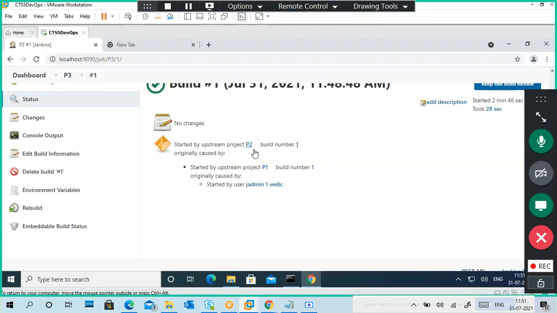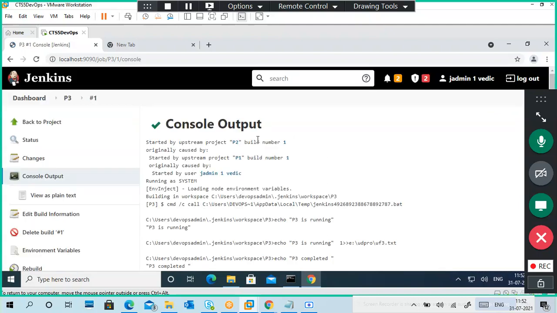You can see here it is started by upstream project 2, which is originally caused by upstream project P1, originally started by user. So first P1 is done, then P2 is triggered and P2 is done, it triggers P3. So you can build things in a separate project way.